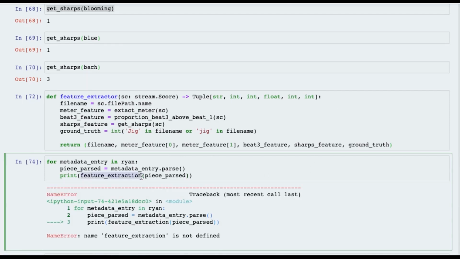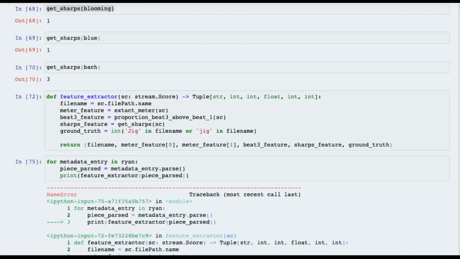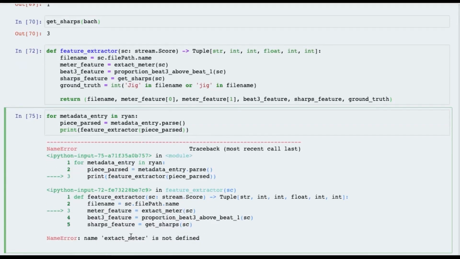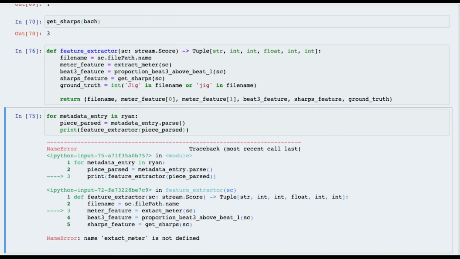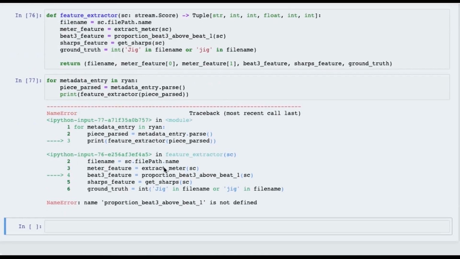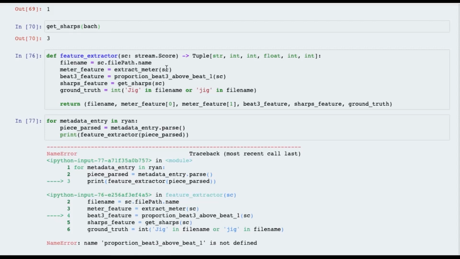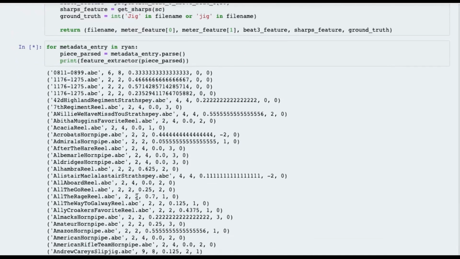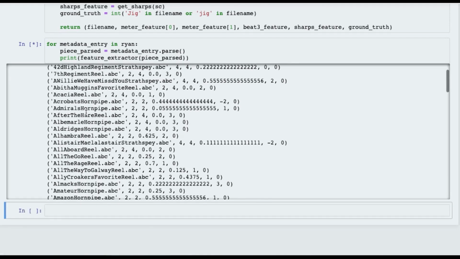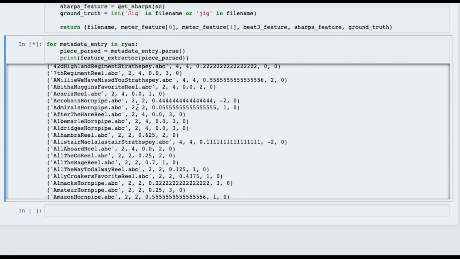Oops, feature extractor. Used to call it feature extraction. Exact meter. Here we go. So we're going to put this back here, and let's go ahead and run this. Oops. Oh my goodness, I cannot spell anything today. Okay, here we go. Let's go ahead and run this. It shows that Admiral's hornpipe is, I don't know this piece, but it's in 2/2. Really seldom does beat 3